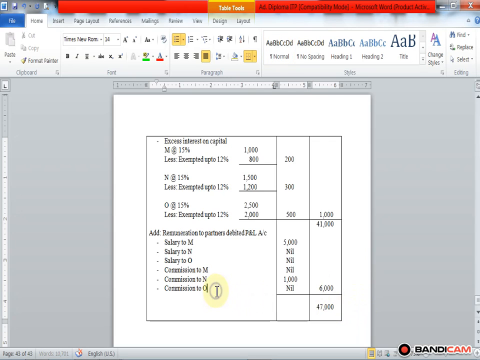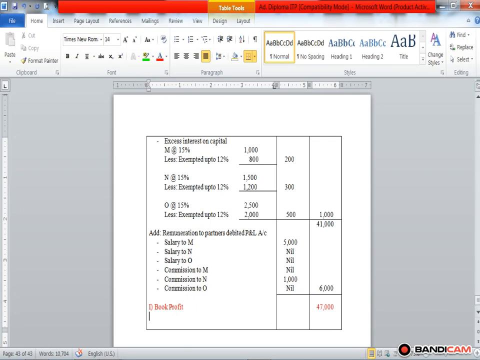So here we get the book profit, that is the first part of our solution. So the first part of our solution is book profit. So book profit is 47,000. Okay, book profit is 47,000. Then we deduct allowable